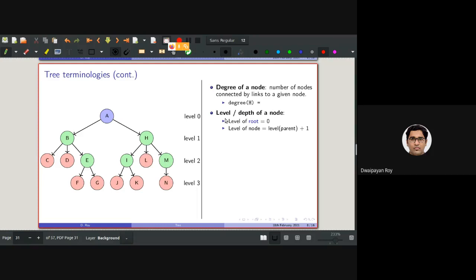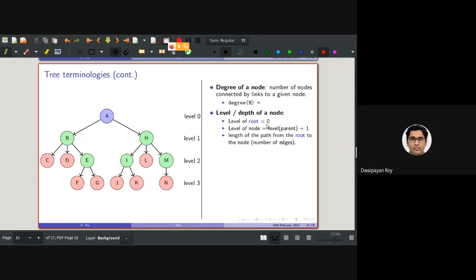Another needed terminology is the level or depth of a node. This is a recursive definition. The level of the root will be 0, and the level of any node will be the level of its parent plus 1.